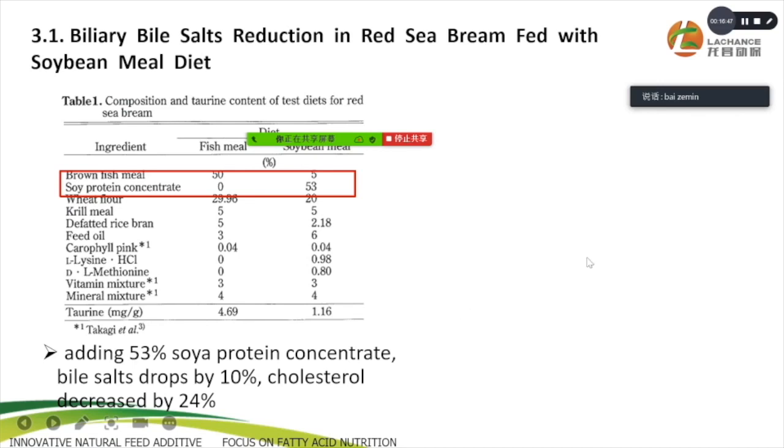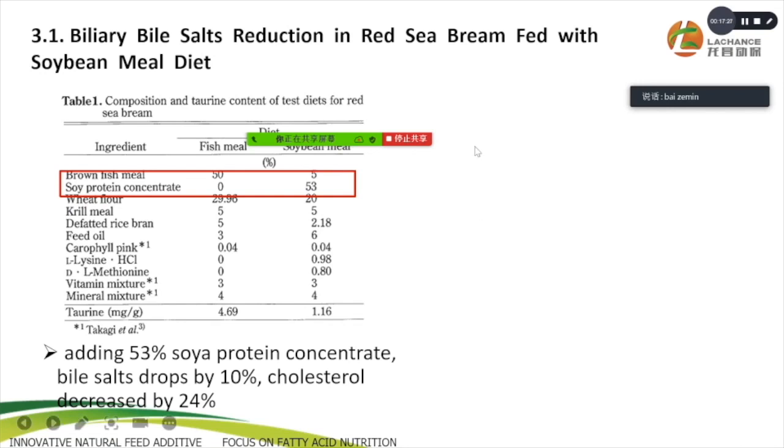Okay, the first is on sea bream fed with soybean meal. As we all know, in the aquaculture industry, many researchers and more companies are trying to replace fish meal with plant protein, especially soybean products like soya protein concentrate. Okay, for this trial, the control is totally fish meal. For the treatment, we replace 53% with soybean concentrate and add 5%